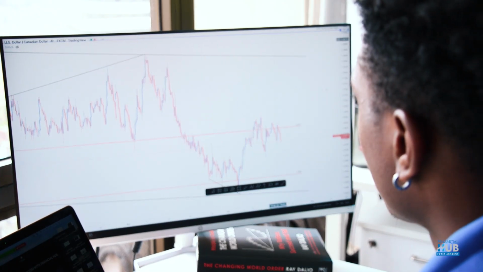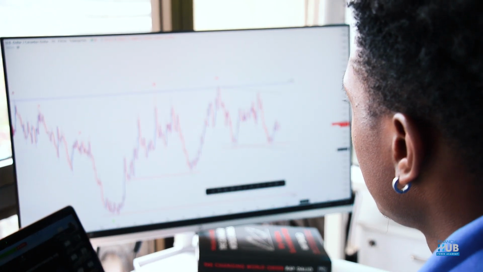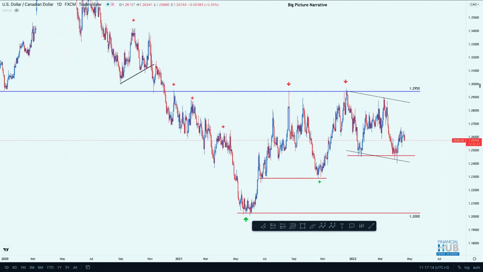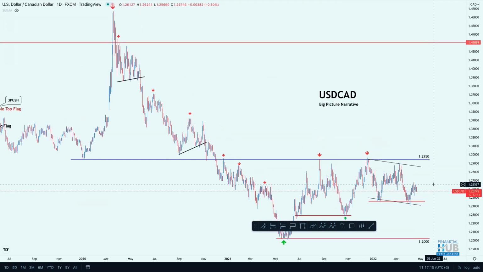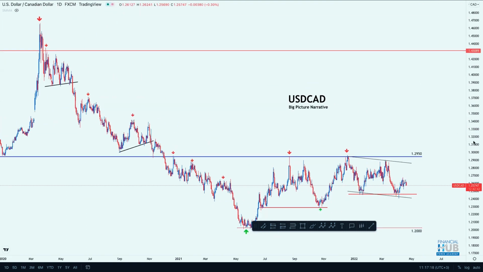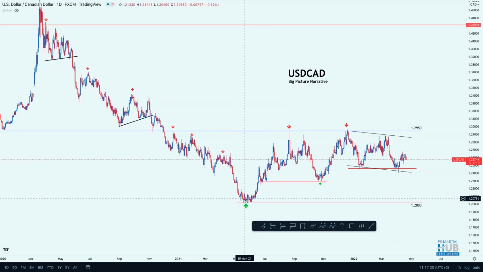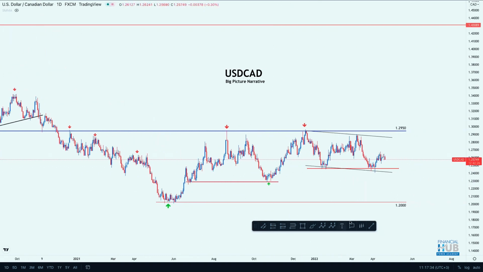Let's look at the daily chart. If you look at the bigger time frame, let's zoom out and look at the big picture narrative. More or less, the market has been in a downtrend. If you look at how the market has been progressing all the way back to 2020 when we got the highs, the market has been forming lower lows and lower highs until this bottom over here. Then the market started rallying further up, and we've entered a bigger picture consolidation. Over here, it's what we normally call an accumulation phase.